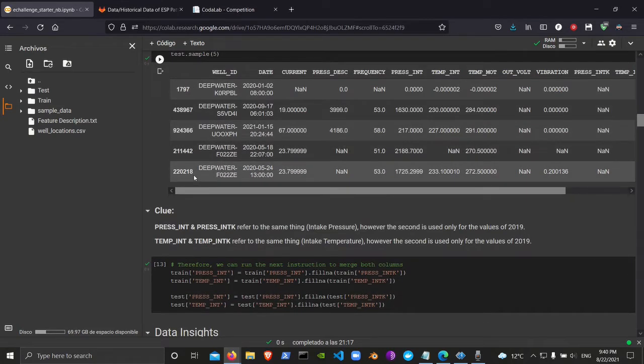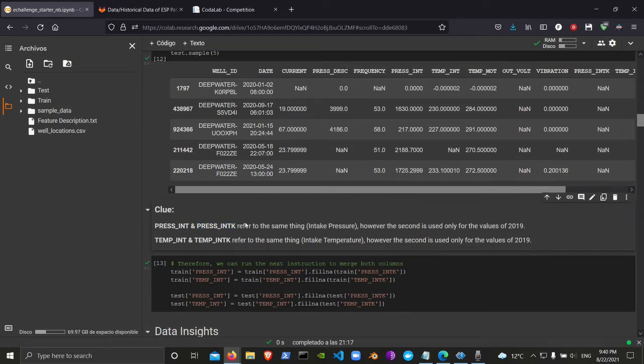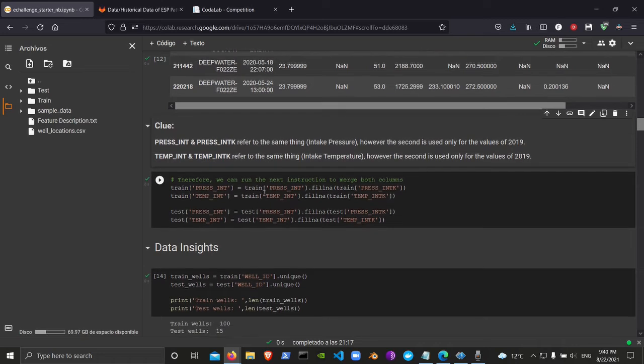A very important clue from the data, as you might have noticed, is that pressure int and pressure int with K refer to the same thing, the intake pressure. However, this one refers only to the data that belongs to the year 2018, and it is the same for the intake temperature. So once we know this, we can merge these two columns and we can get rid of the useless ones later. So let's continue. Okay,